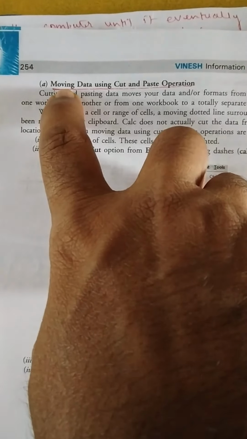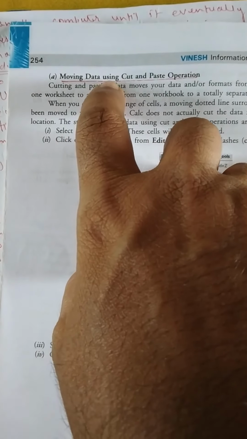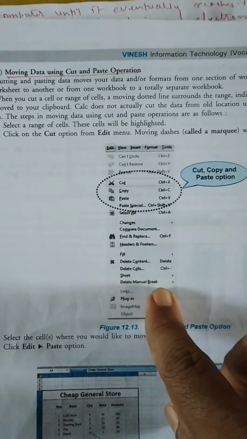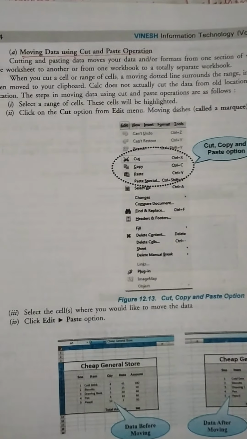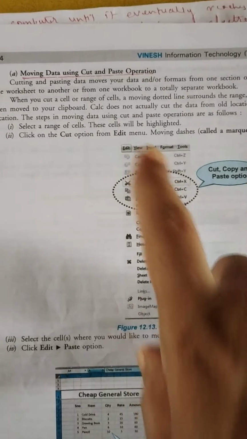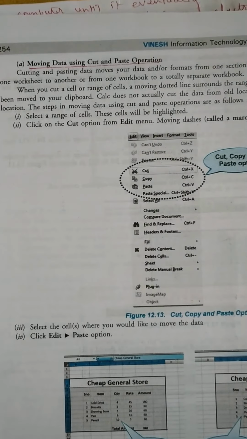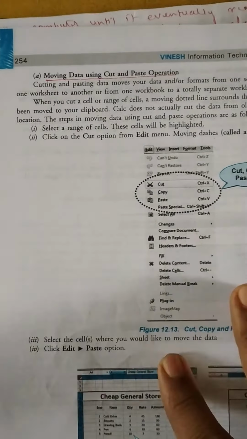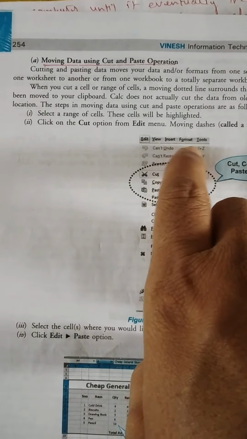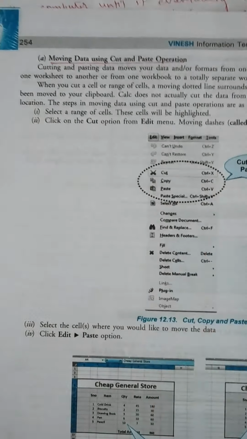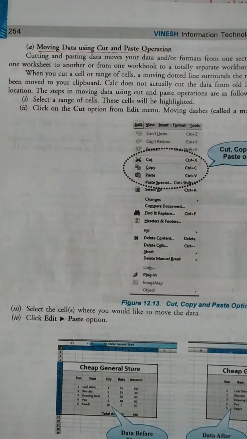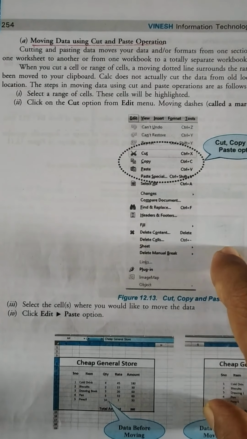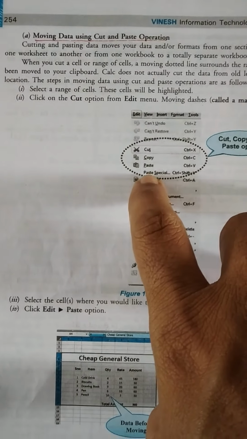Okay? Now see, how can you move data using cut and paste operation. So as I told you, I told you through the keyboard shortcut. You can also go through the menu, or you can also go through the mouse. It can be done in 3 ways. Either you go through the menu, here the cut option is given, you can use this cut option, select the data, press this cut option and go and paste wherever you feel like. Copy is also here, paste is also here.